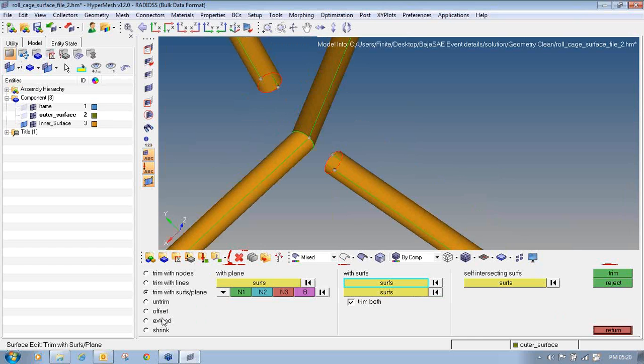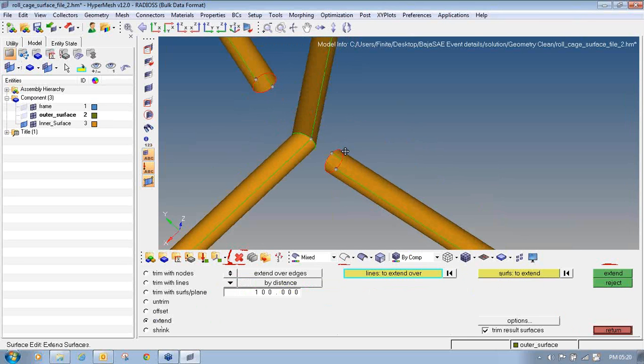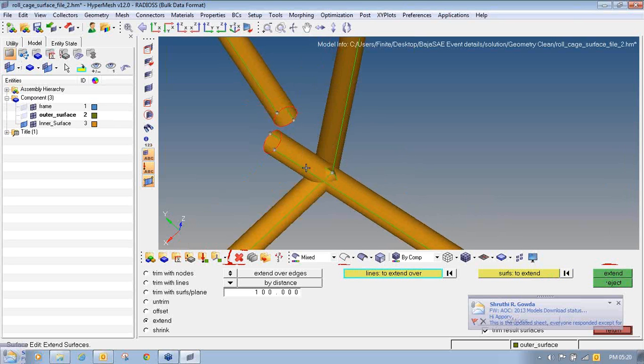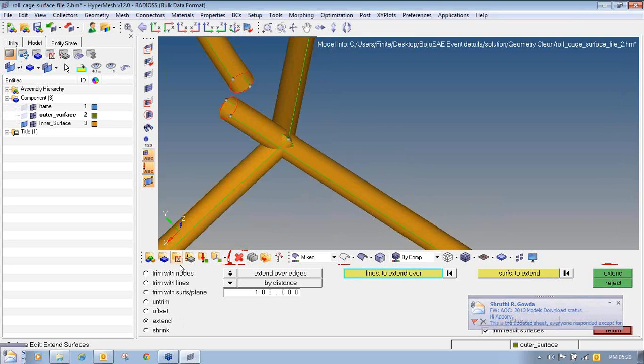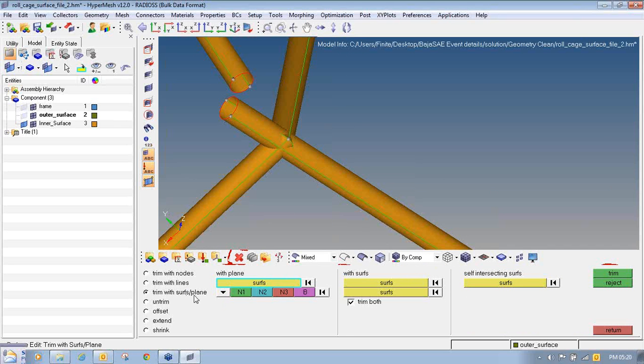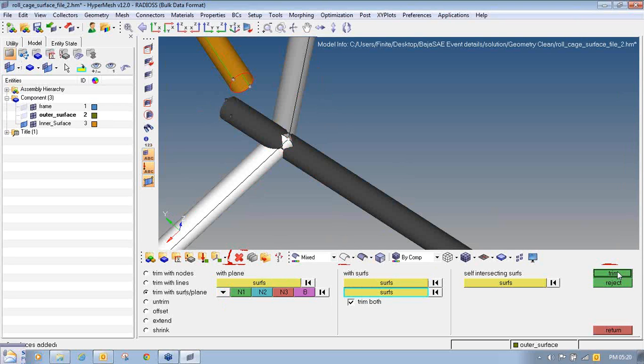Then go to Shift F9, extend radio button, select the circular edge and say extend. Go to trim with surface and planes. Click on this surfaces, select these two surfaces, say trim,